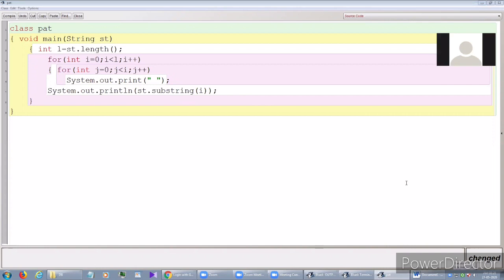First, the loop will go with the value of i as 0. Then it will enter the second loop, j is equal to 0. Then it will go to the statement and print one gap. Then it will update its value. Then the condition is false.